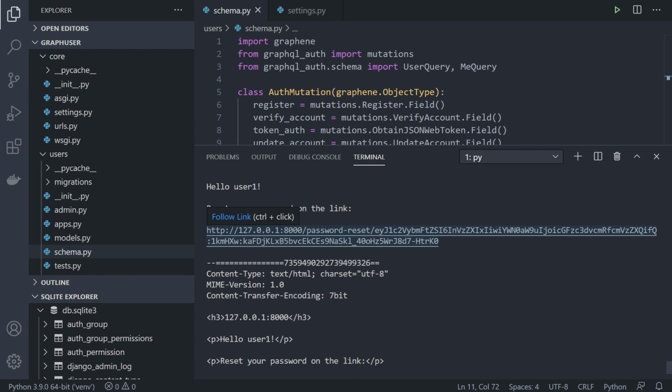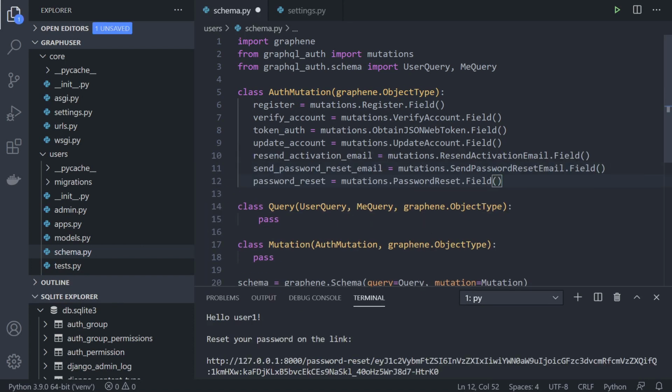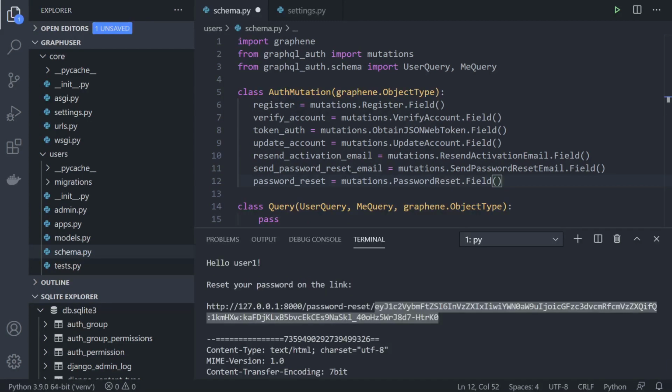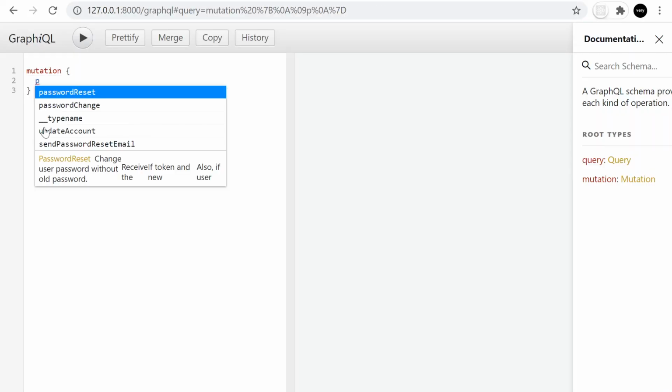So now we need to actually allow them to reset their password. So let's go back into our schema, add in password reset field. There we go. So we're going to need the code from the email here to make a password reset. So let's go back in, make a new mutation. So we want the password. In this case, it's going to be password, refresh again,